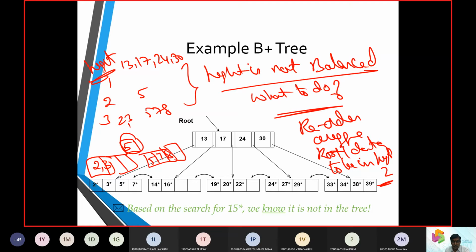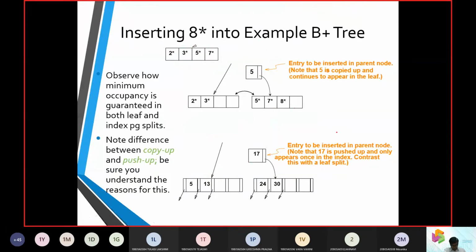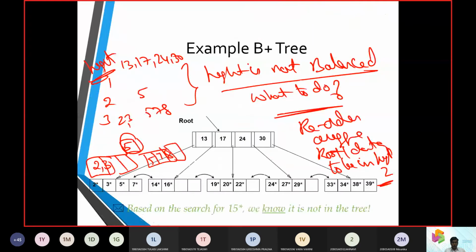You have to check up with 17 at this point, and 5 has to be pushed to this point. So 5, 13, 17, 24, 30.